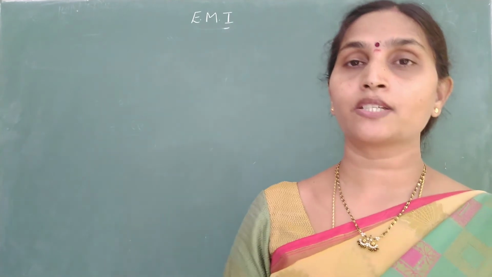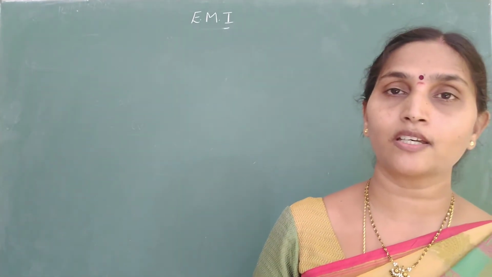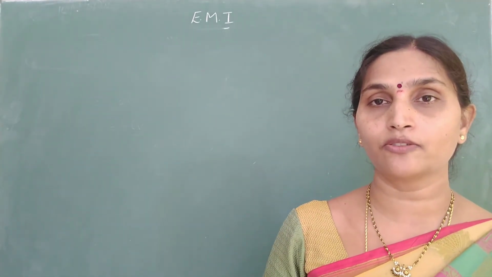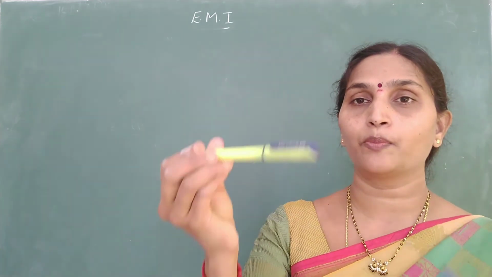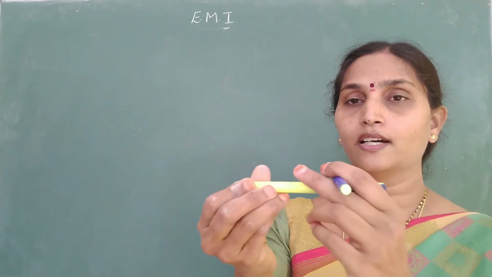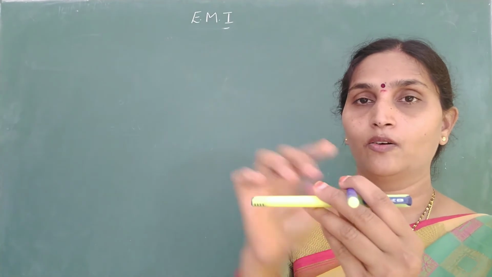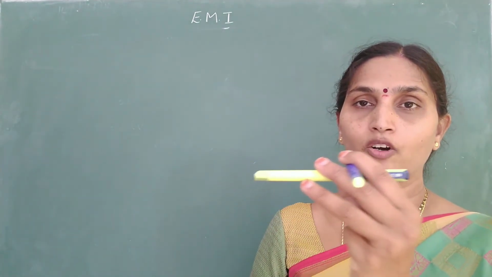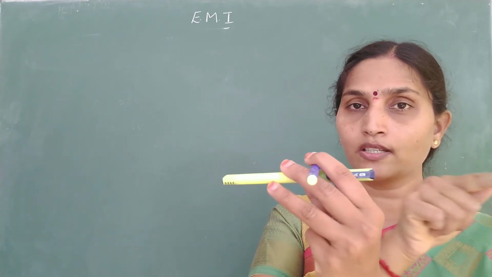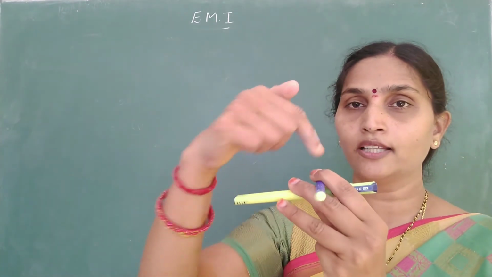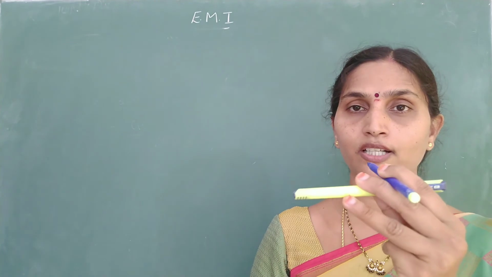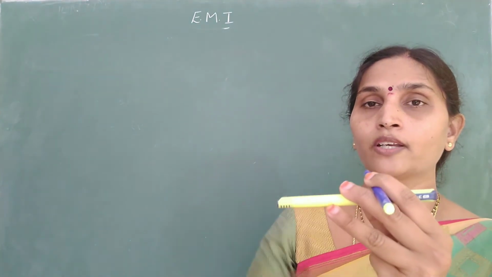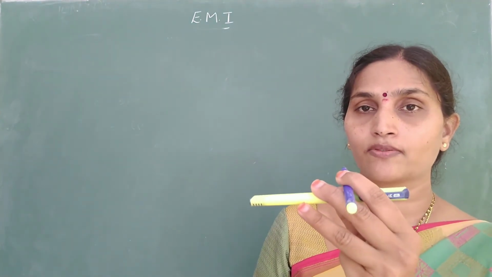Sometimes you may be given a question where a plane is moving. What is the EMF induced across the ends of the wing? Assume that the pen is the body of the plane and this is the wing. Wings of the plane are perpendicular to the body. If the plane is moving horizontally, this is the velocity vector. This is your length vector. Are they perpendicular to each other? They are. And now look at which component can induce EMF.